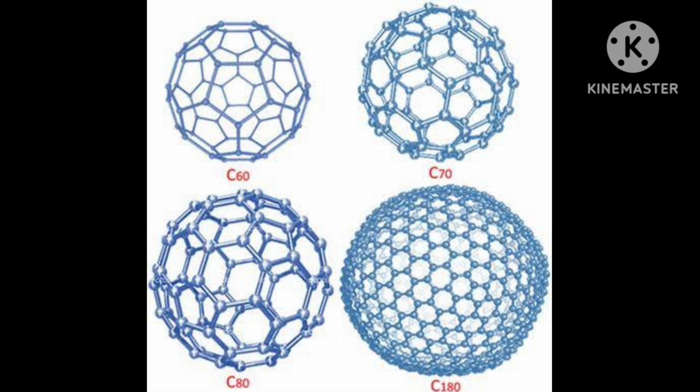These have particles of nano dimensions. One of the allotropes of carbon was discovered in carbon soot,